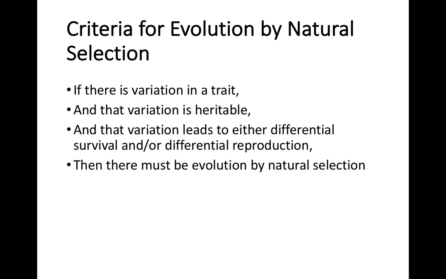So there is variation in a trait, and that variation has to be heritable. That variation has to lead to either differential survival and/or differential reproduction. Then there must be evolution by natural selection. Competition is what enables this differential survival and/or reproduction. And for this, Darwin has Thomas Malthus to thank. Thomas Malthus is considered the father of modern day demography,